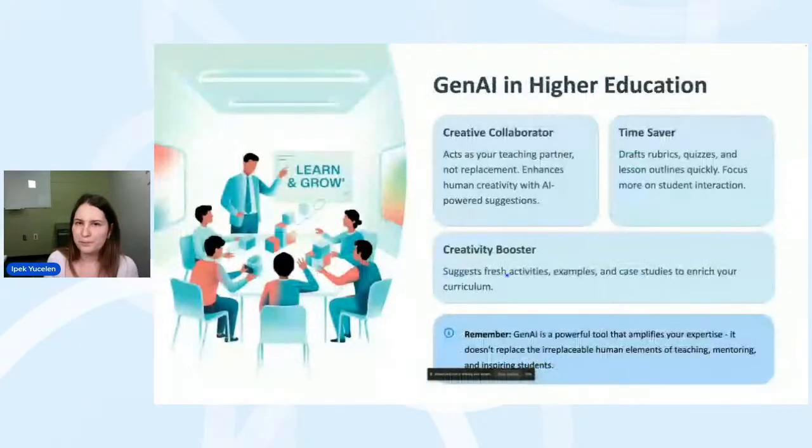So before we go into generative AI in higher education, we all know that there are people around us who usually say, I totally banned the use of AI in my classes, or using AI is not a good thing.